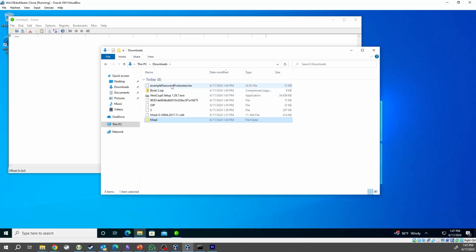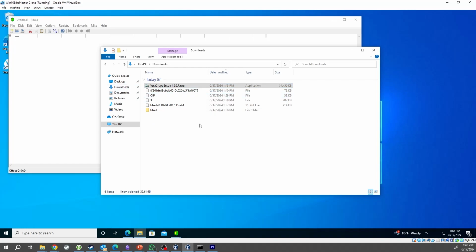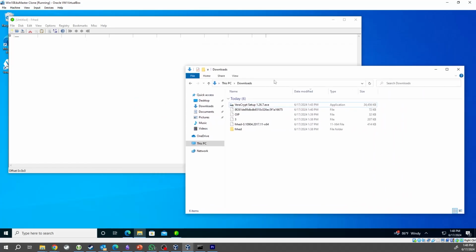In this file, I'm going to get rid of what we don't need here. So example, password protected, we'll deal with that later. Book2.zip was book2.xlsx, we'll get rid of that. All right, so here I have in my downloads directory. So we just saw we could take an Excel file, rename it from Excel to .zip, and kind of browse the file. That works if we know what it is, but if we don't know what it is, that